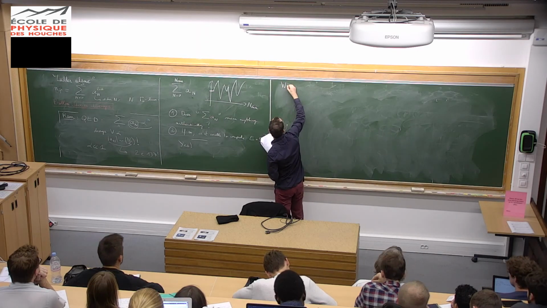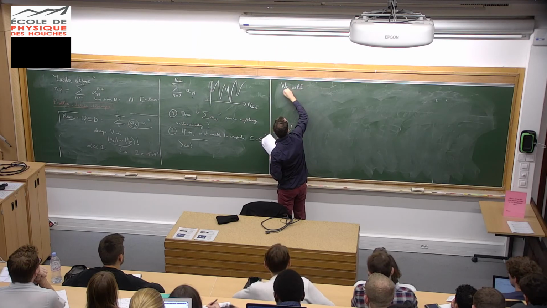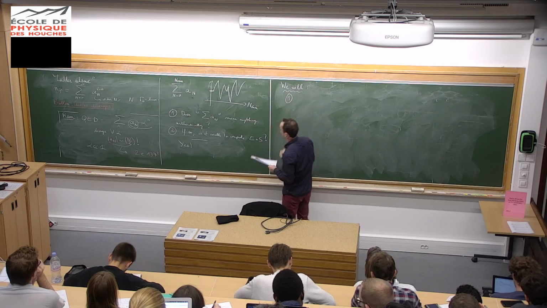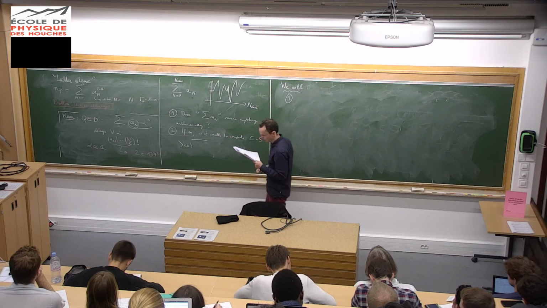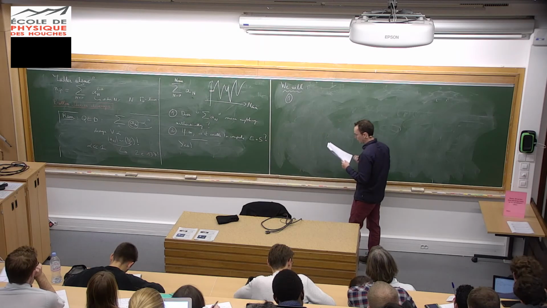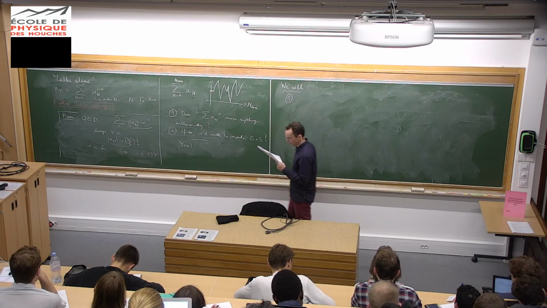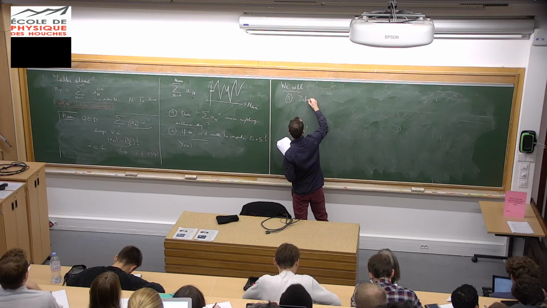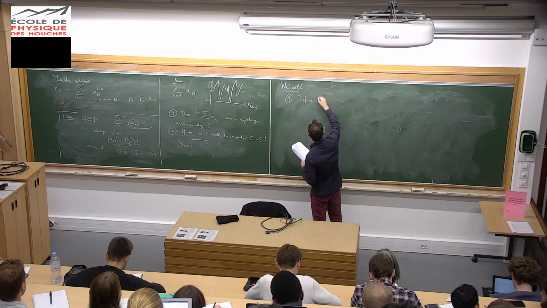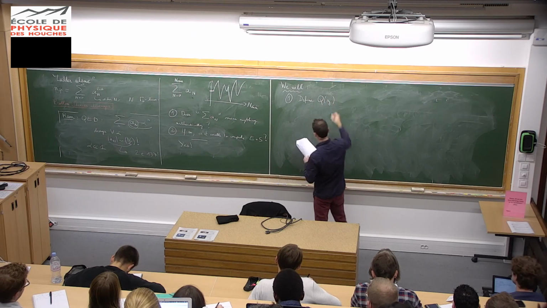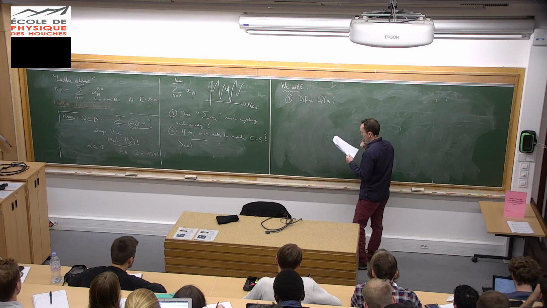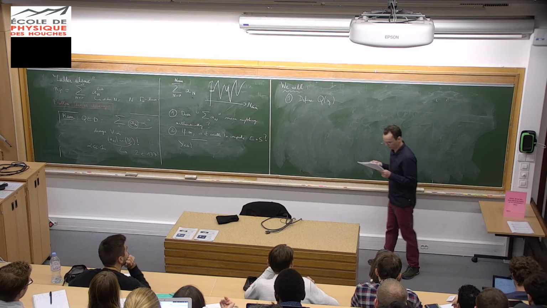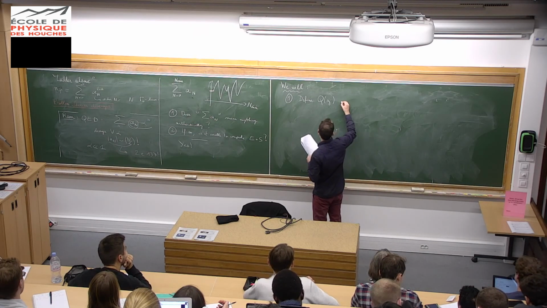So we will follow the following strategy. In order to answer the first question, so to give a mathematical meaning to the sum, we will do the following. We will define or construct, if you prefer, a function Q of z, where z is a formal complex parameter, such that